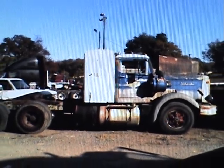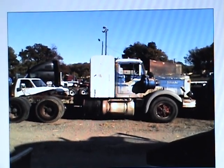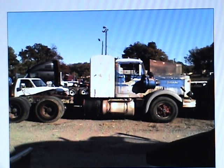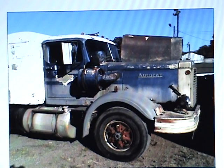Now, I love Mack trucks, but every now and again I'll see something that's just cool as all get out. And this particular truck was at a shop over in Alabama when I was having a DOT inspection done, and ended up having to have some new brakes on the trailer, even though later I found out the guy had screwed me over big time. The brakes were nowhere near needing to be changed, but I did not know where the wear indicator was on those particular style brakes, and I found out later he'd put it to me. But this truck was there. It's a beautiful old 1970 Autocar,